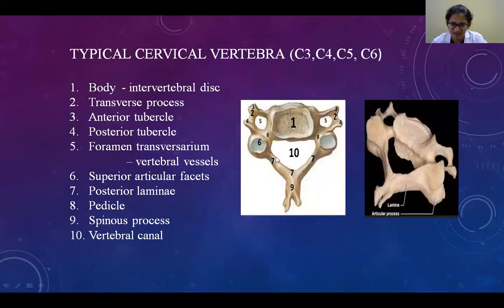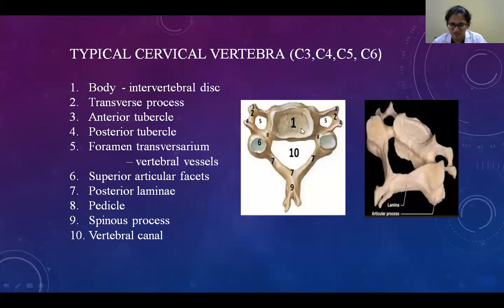And next, this is the vertebral foramen or vertebral canal. This vertebral canal is large in the cervical region. It is larger than the body of the cervical vertebra, and triangular in shape. Why is that? Because of the enlargement of the cervical part of the spinal cord. The cervical enlargement is present, so the vertebral foramen is large in the cervical vertebra.